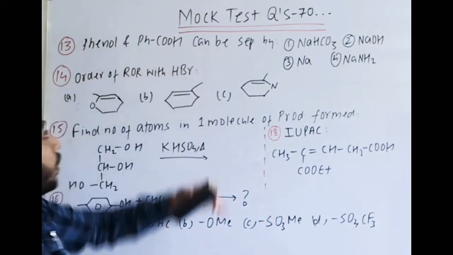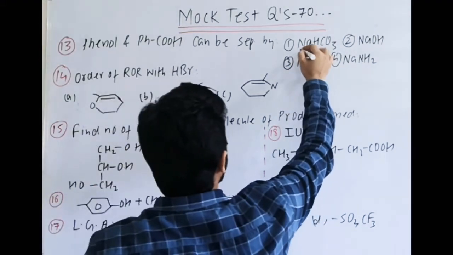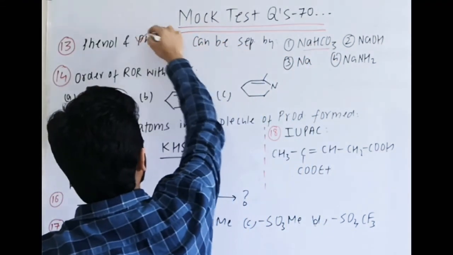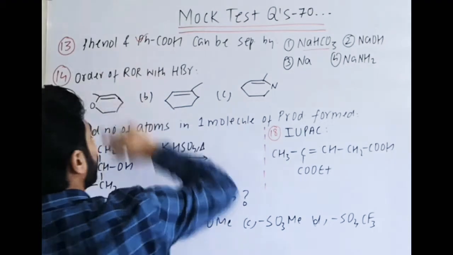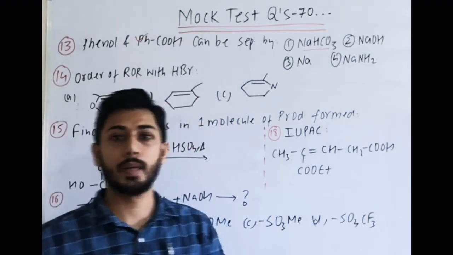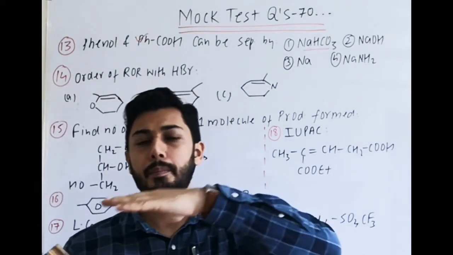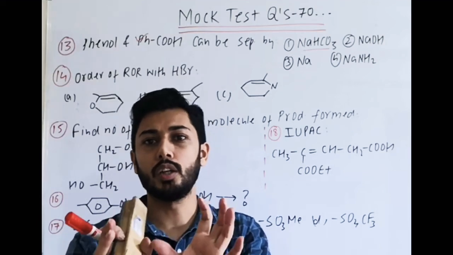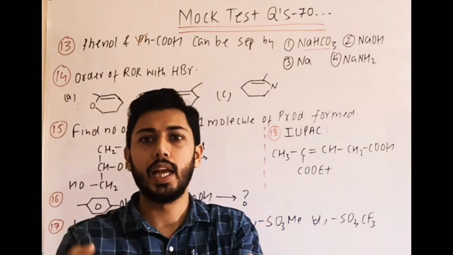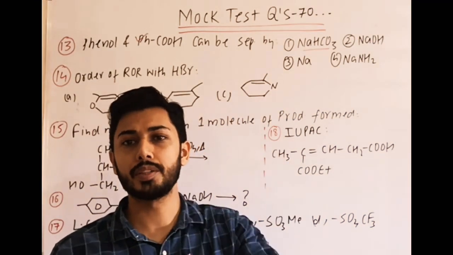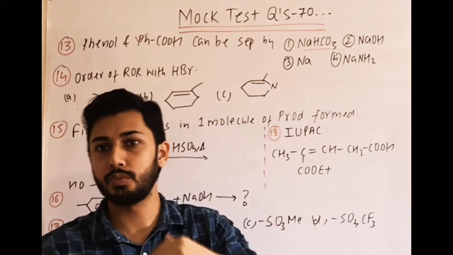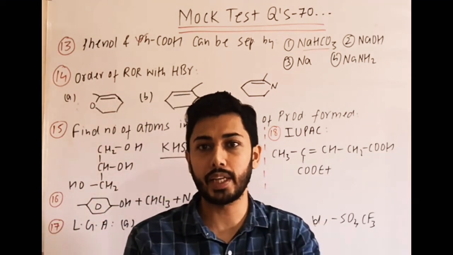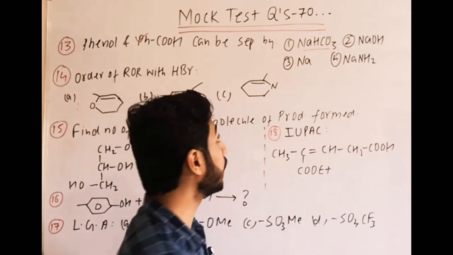Phenol and benzoic acid. Now, a very standard reaction with NaHCO3 is that benzoic acid gives the sodium bicarbonate test, phenol does not give it. That means we can separate them. If a layer is formed, benzoic acid will form salt and become soluble, and in the other layer there will be phenol present. So you can easily separate them, because one is in salt formation, the other is not reacting. So by layer separation we can do it.